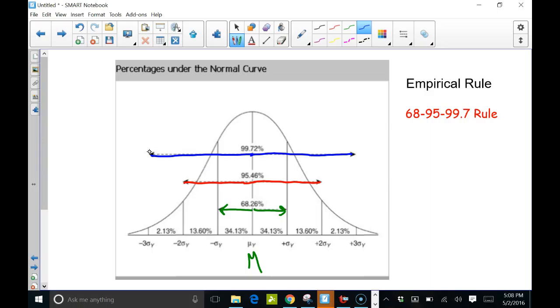Again, we're only getting estimates. With that said, this 68, 95, 99.7 rule is sometimes called the empirical rule. Some things you want to note is that what we're basically saying is almost everyone is going to fall within 3 standard deviations of the mean if you're using a normal model. And the other thing I want you to note is that